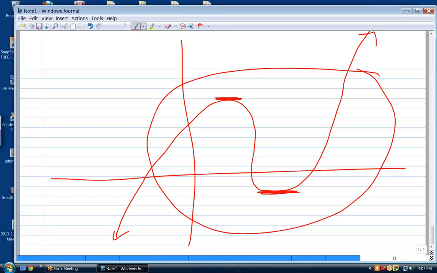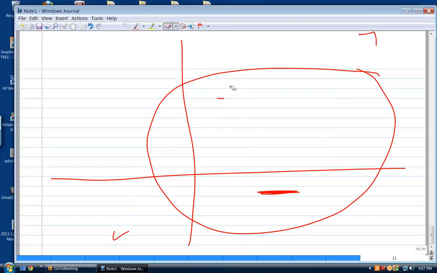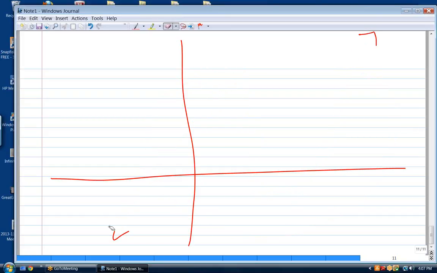And that merely means that if I have a relative maximum, it means that there is a point to the left and a point to the right that is less than this point. And if I have a relative minimum, it means there is a point to the left and a point to the right that is higher than this point. Okay? So if I were to draw this curve,